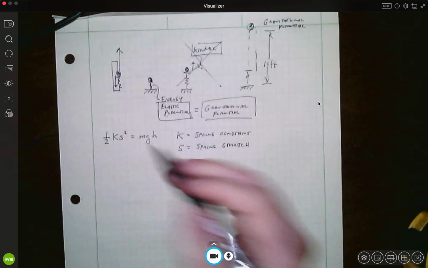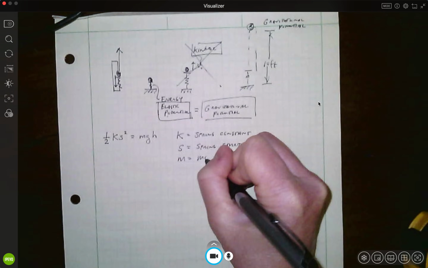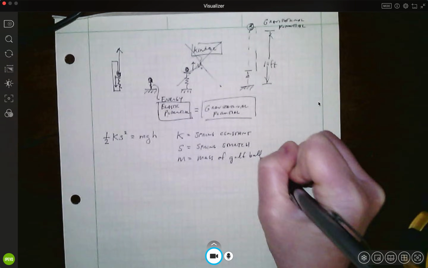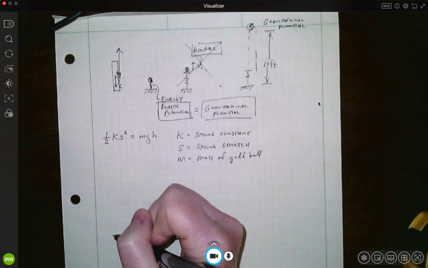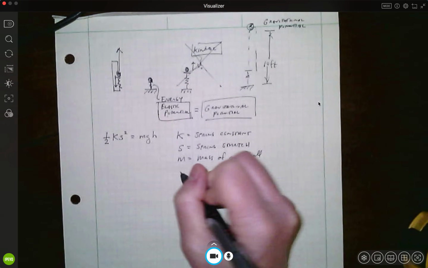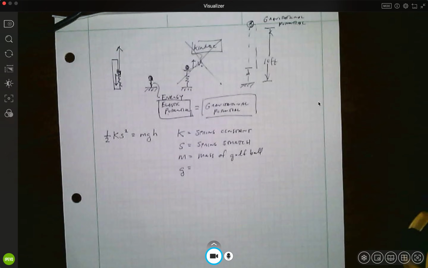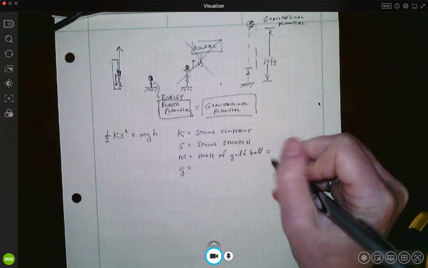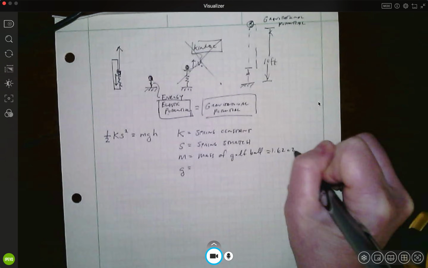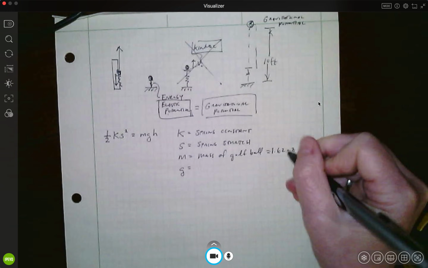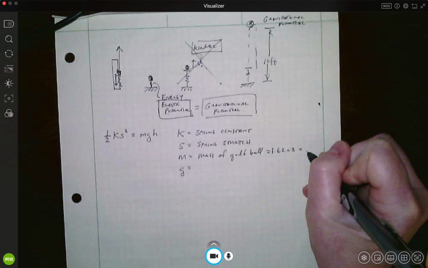The M is the mass of the golf ball. And G is our gravitational constant, which I'm actually going to, just for giggles here, work in the American system. Which means that the mass of the golf ball, if you look it up, is 1.62 ounces. This is still a force, so I'm going to convert that into this unit called slugs,